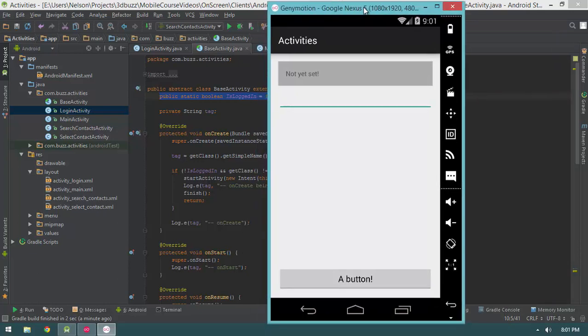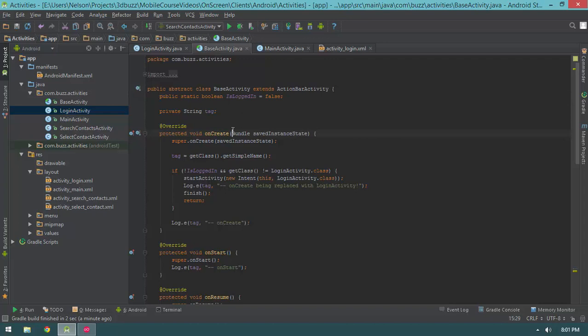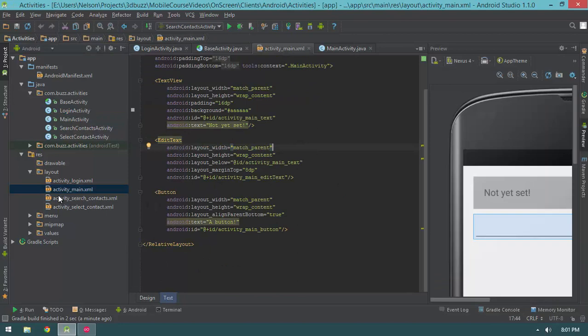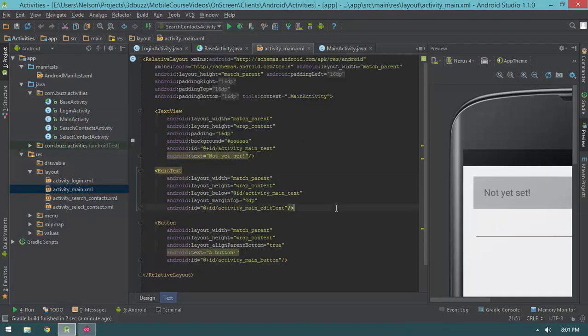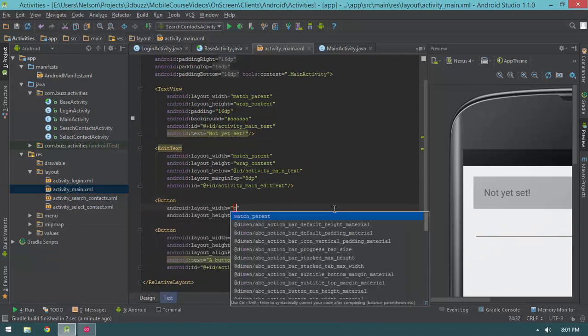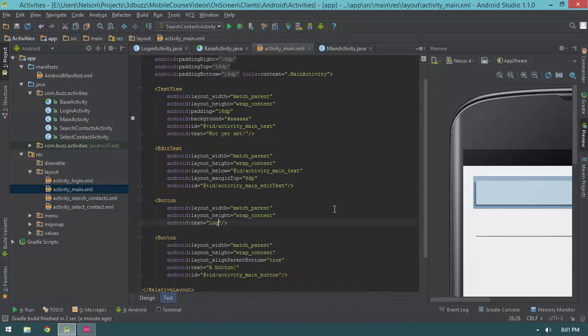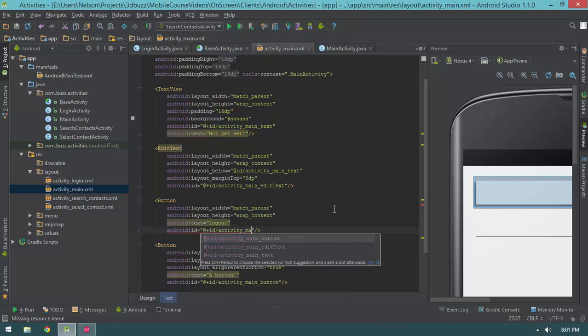The next thing I want to deal with also deals with backstack, and it involves the concept of logging out. So let's go ahead and implement logging out. Now the first thing to implement logging out is, of course, going into our activity main layout file and adding a logout button, which should be pretty straightforward to do. I'm going to say button, layout width is match parent, wrap content for the height, text is going to be log out, ID is going to be +id/activity main